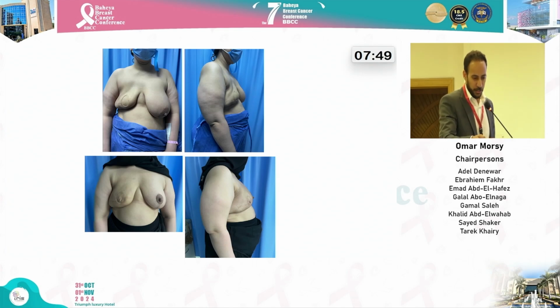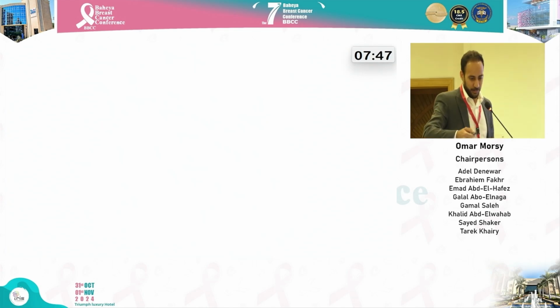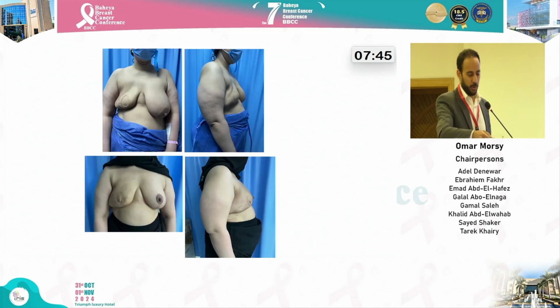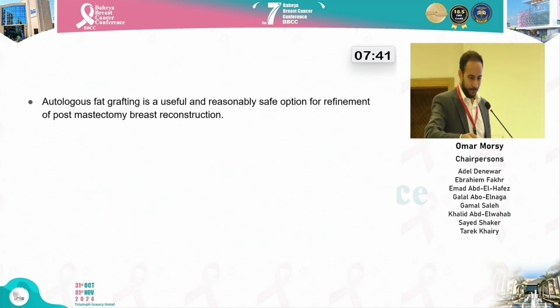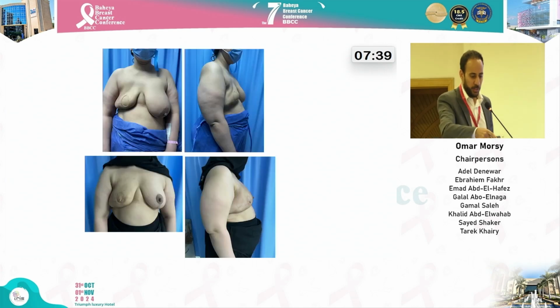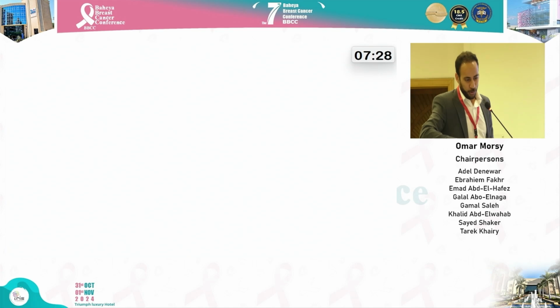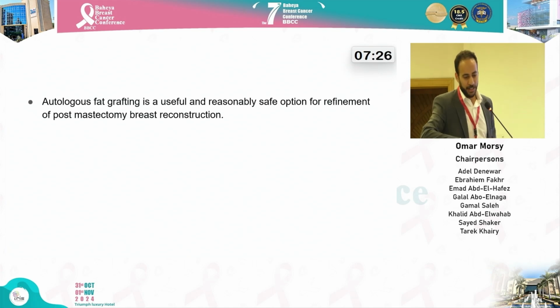As you can see, the upper pole defect, the pointer isn't working, the upper pole defect has been completely obliterated with 1 session of fat grafting. To conclude, I'd like to say that autologous fat grafting is a useful and reasonably safe option for